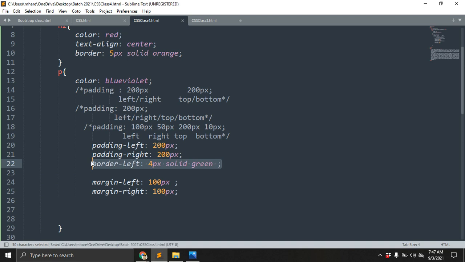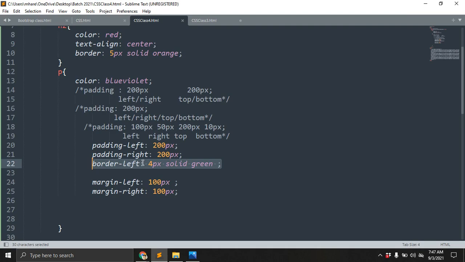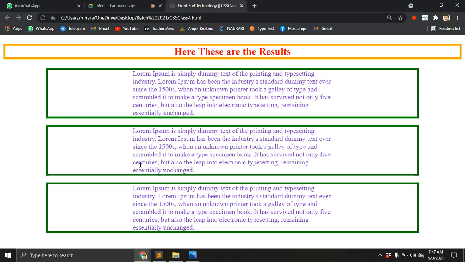Let's save, open the browser and refresh. You can see I'm giving it to the entire element, so you can understand here is the padding and here is the margin. Don't be confused about what the margin is and what the padding is. When you're using it in your class or in practice, you may have difficulty telling where the padding is and where the margin is, so that's why I'm telling you again and again. That's the entire concept.